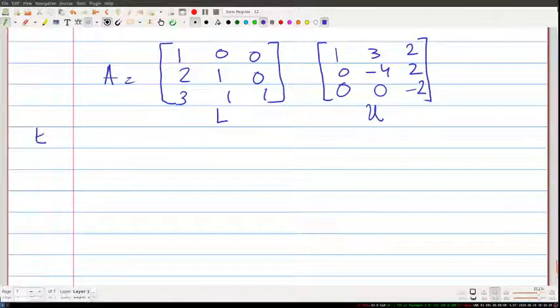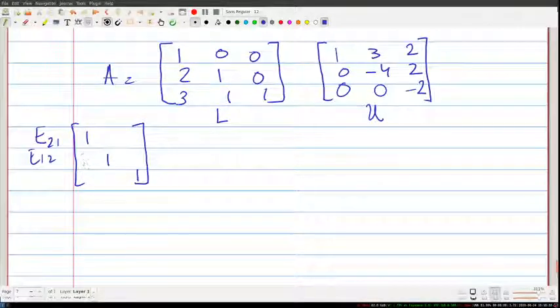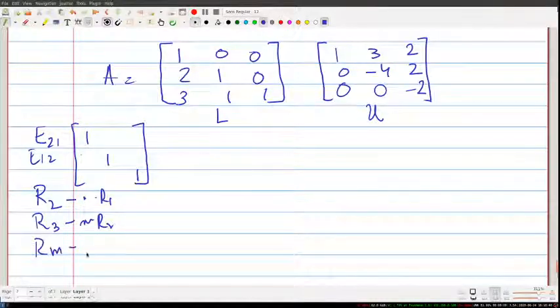That's true because whenever we build E21 or E12, the row that we're dealing with is always 1. If you want to add something to row 2, you put some entry here, but you keep row 2 as it is. So row operations always look like row 2 minus something row 1, row 3 minus something row 2, or row m minus something row n. Notice that the factor here is always 1. That's how we set this up, and that's the reason we always get 1s on the main diagonal. So L will always have 1s on the main diagonal, but U on the other hand